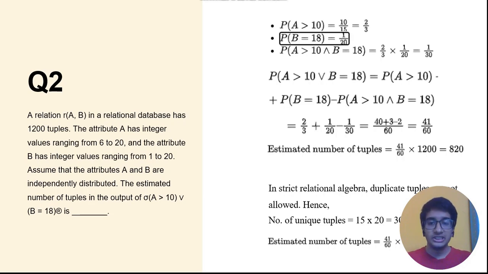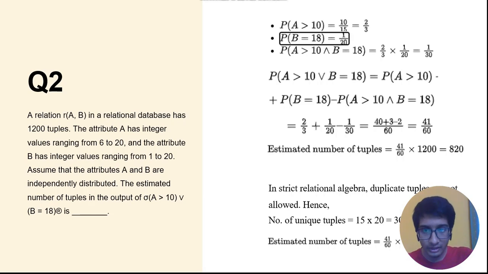So using the inclusion exclusion principle, we can say that the total number of tuples that satisfy A greater than 10 or B equal to 18 is given by the count for A greater than 10 plus the count for B equal to 18 minus the count for A greater than 10 and B equal to 18. Substituting these values gives us